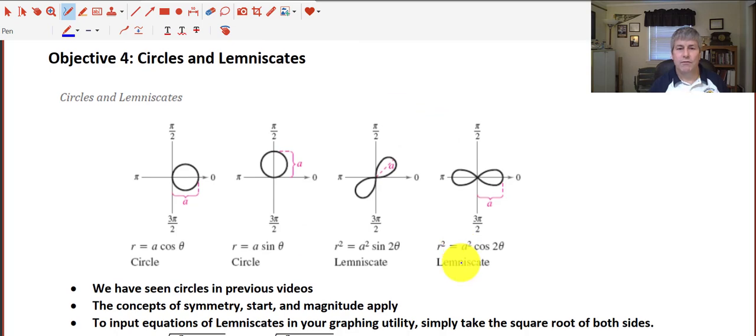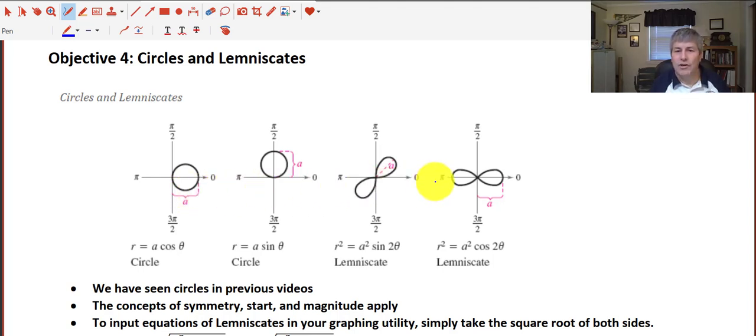Moving on to objective 4, we're not going to spend too much time on this particular one. We're going to look at circles and lemniscates. Our circles, we've seen enough circles before, with our a as our diameter, and half of that would be our radius. And our lemniscates,